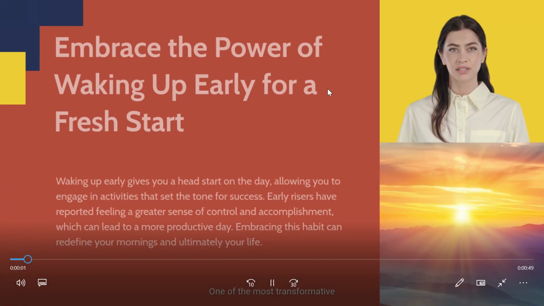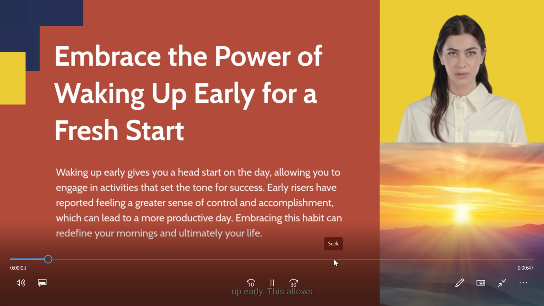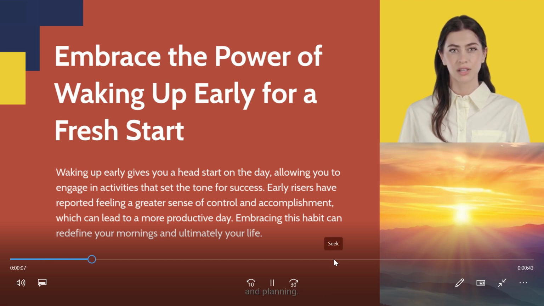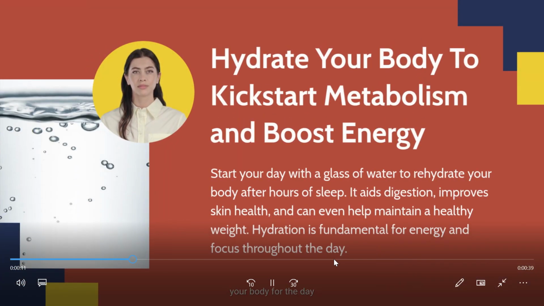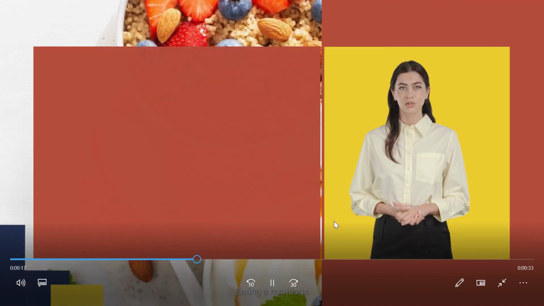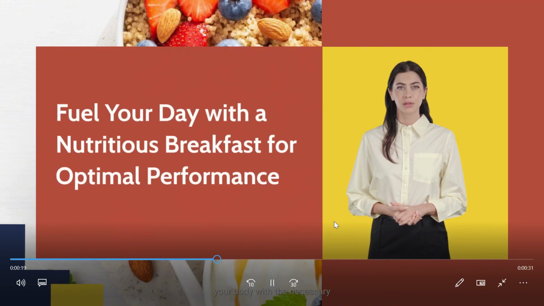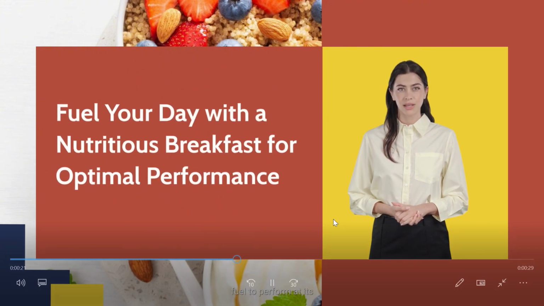One of the most transformative morning habits is waking up early. This allows you to harness those quiet moments for reflection and planning. Hydrating first thing in the morning prepares your body for the day ahead. It kickstarts your metabolism and enhances your overall health. Eating a nutritious breakfast provides your body with the necessary fuel to perform at its best.